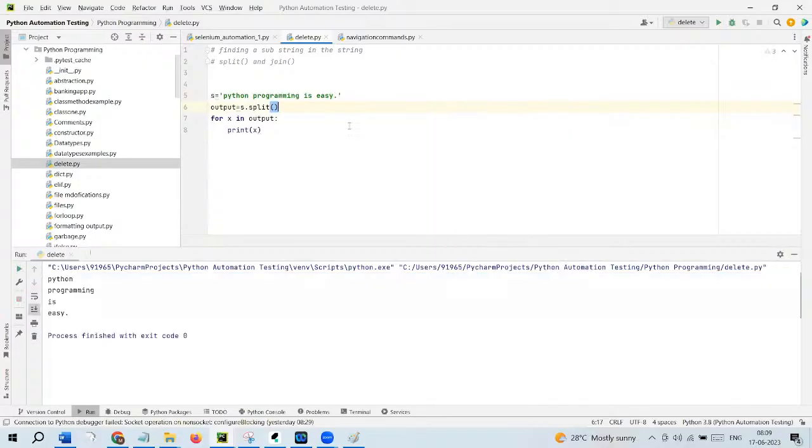For x in output, x in a sense for each value. See, for each, there is no for each loop in Python. The for loop contains the for each loop internally in Python, not like Java. Okay. For each element in the output, each element every time